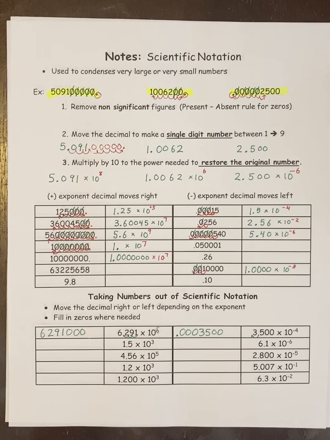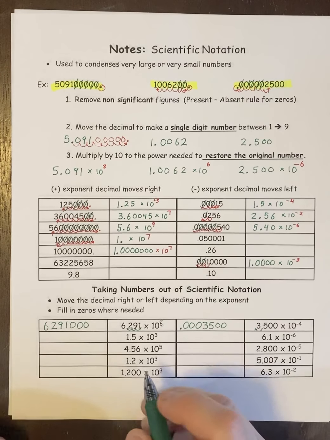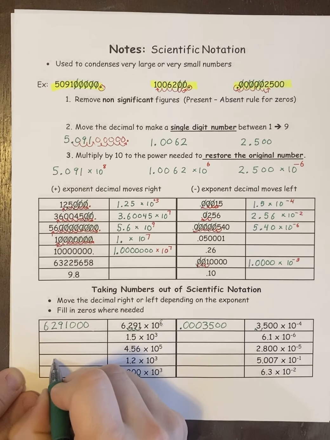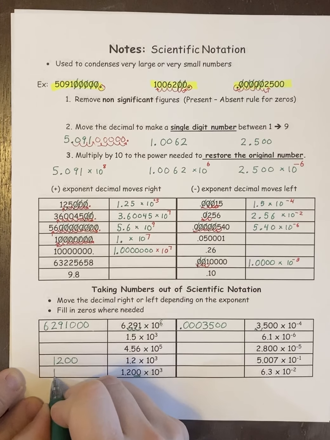And then the last thing I'll do is just one of these. I'll do these two down here because this tends to throw people off. They look like they're the same problem, but basically these zeros are significant. The fact that they're removing them here says that they're not. So my answer here would be, this one is 1200 without a decimal, and this one would be